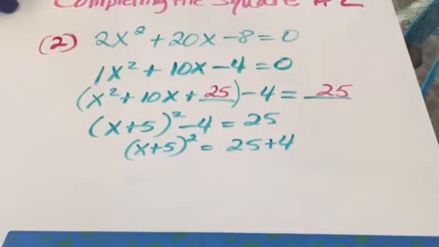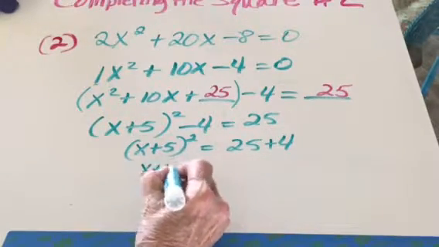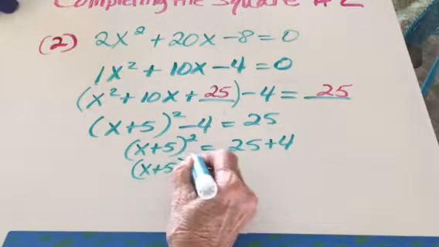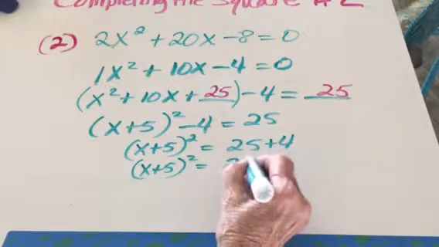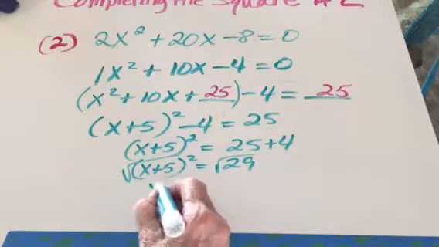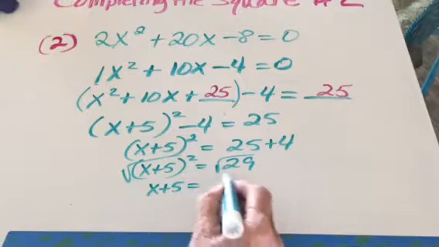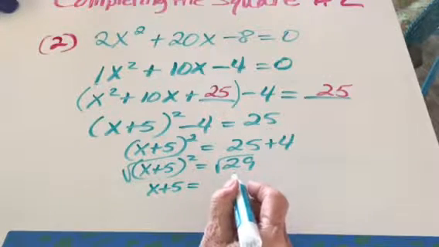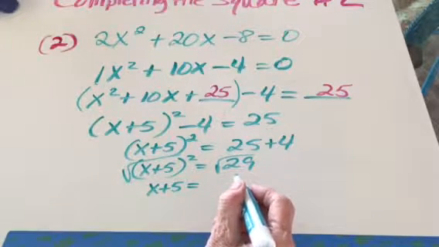So now I have x plus 5 squared equals 29. And again, I'll take the square root of both sides. So x plus 5 equals radical 29. And when I do that in my calculator,